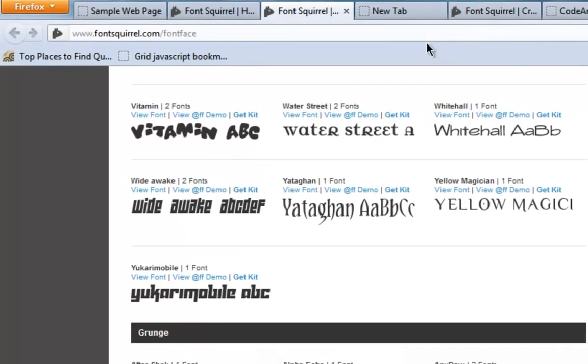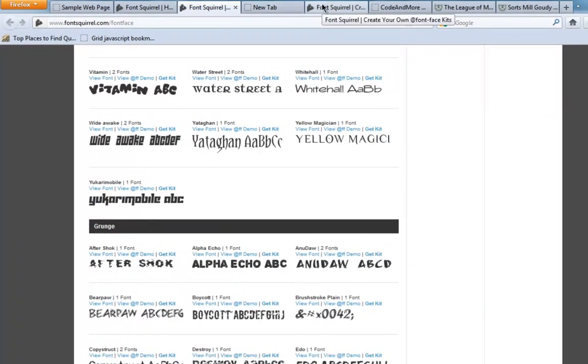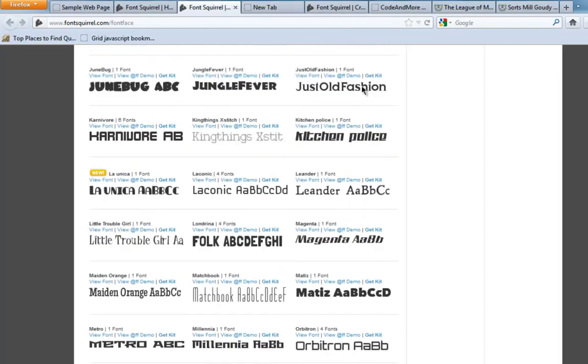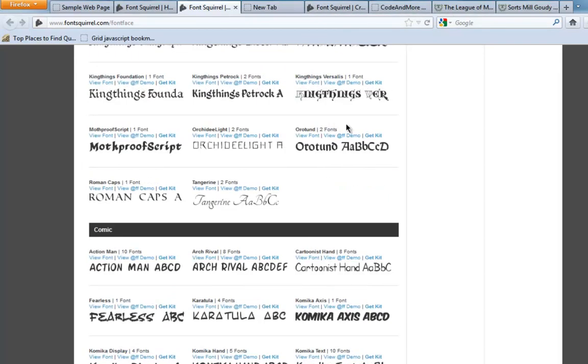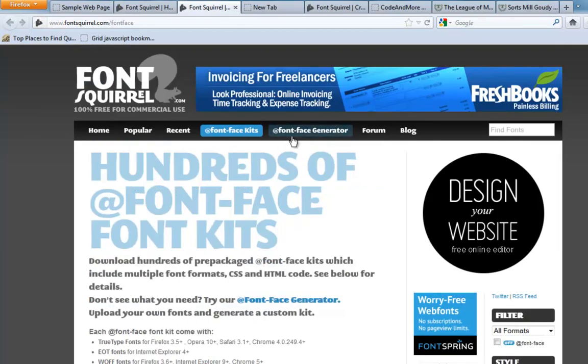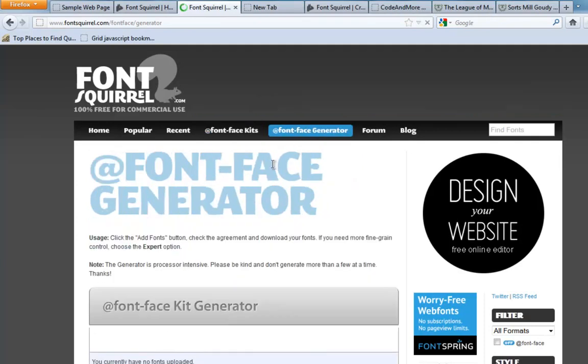Okay, now, fine, you have a custom font. Maybe you have created a font, or you have downloaded it from some proprietary font service which has given you license to use it as a web font, and you want to generate a @FontFaceKit. No problem. Here you can see another link called @FontFaceGenerator. If you click on that link, you will be taken to